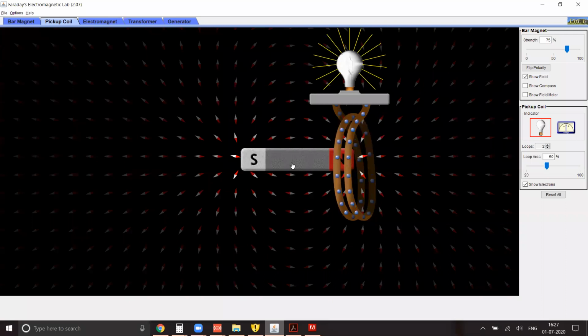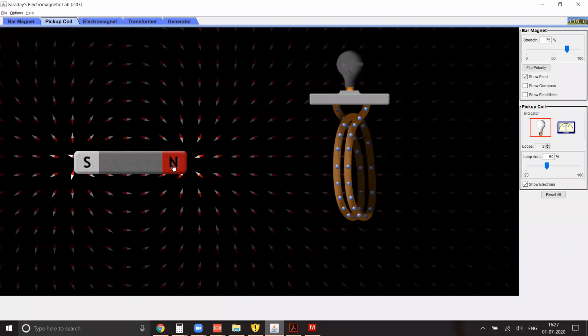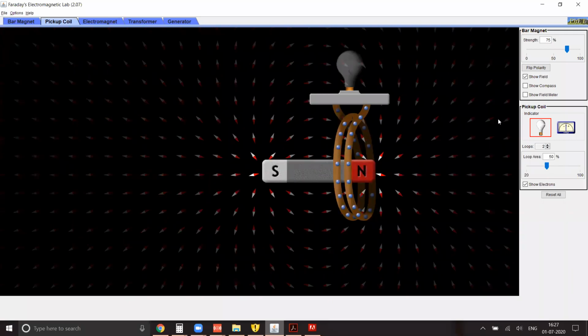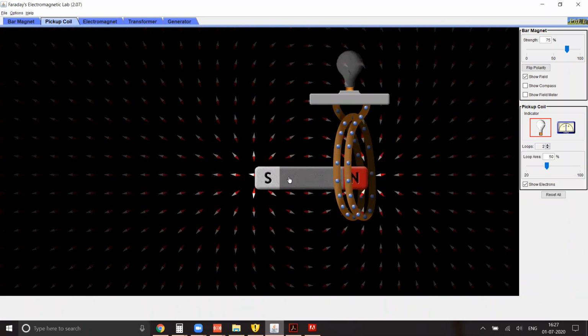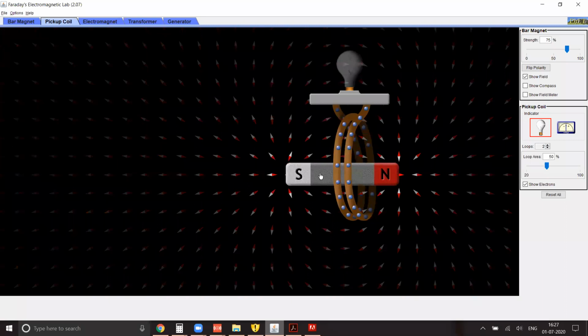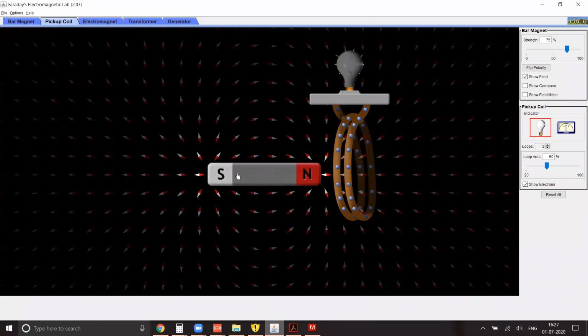Now let us repeat it again. Increasing the flux. Now I'm going to talk only about observing from the right hand side. I'm not going to confuse you with two directions. You are seeing it from the side where I place the cursor, on the other side of the magnet. So flux increased, anti-clockwise current. Now I am going to move the magnet away. Observe if the direction of current is getting reversed. Is it?